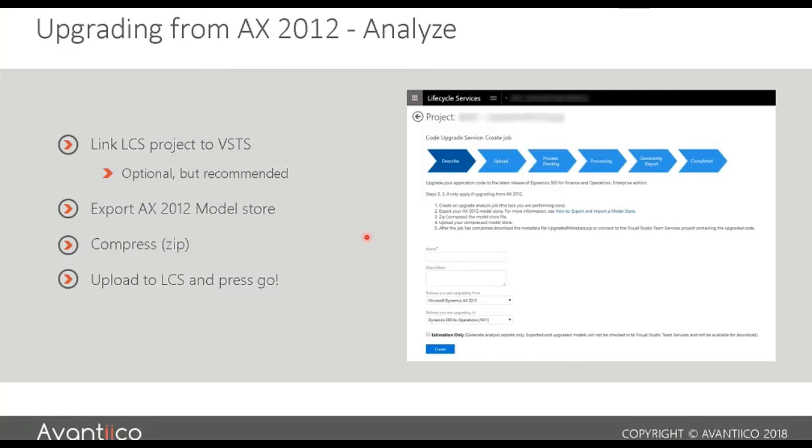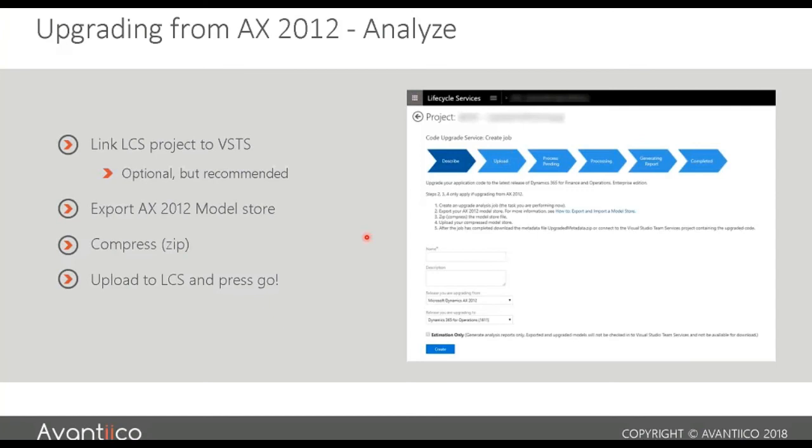You can use it for moving code, for applying updates or hotfixes, including Microsoft hotfixes and your own. You can use it to look at the health of the system, and there are some analytics on there for performance. You use it to apply data packages to update data, for example, and there's a whole bunch of other stuff. You can use it to provision environments, new development environments, new sandbox environments.